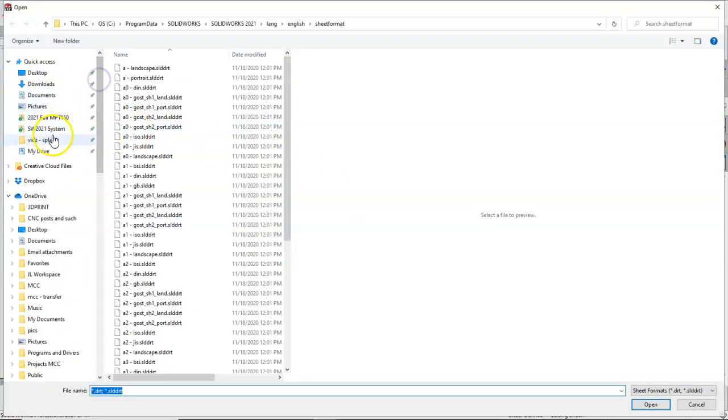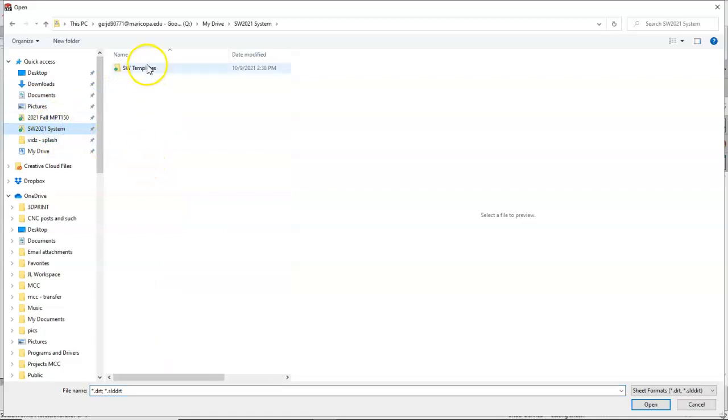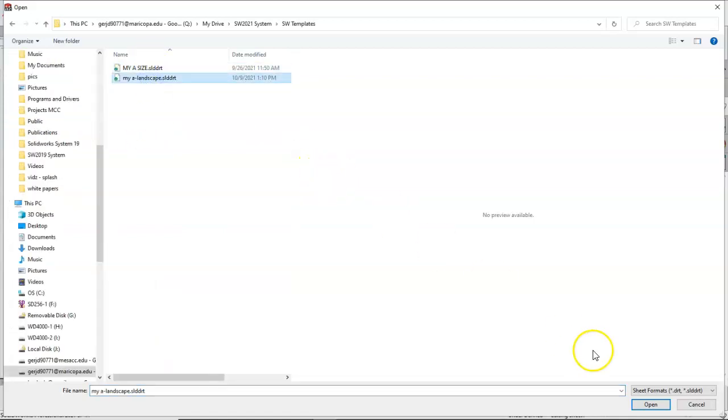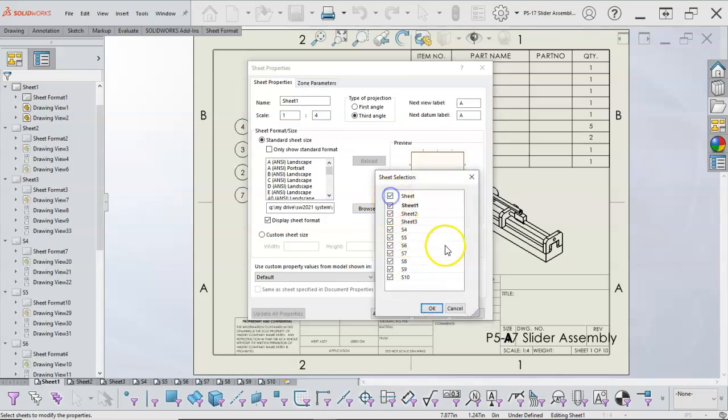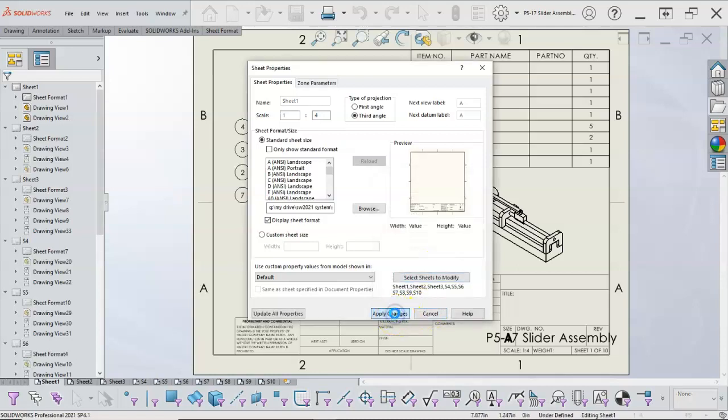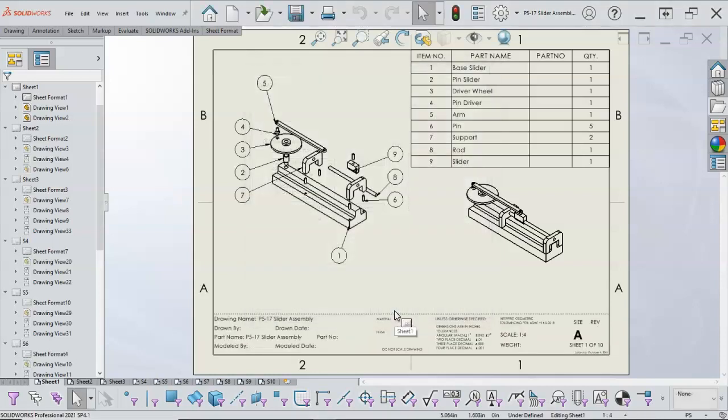So that being the case, I'm going to come up to my system files, make sure that the landscape is picked, and then custom property values from model shown, same as, well, we unchecked that, so hopefully that is working correct. And then select the sheets. If I select all of the sheets, keep my fingers crossed, we hit OK and apply the changes. And it's going through. Now my template's updated. Previously, I'm trying to think when they added that apply to all sheets,